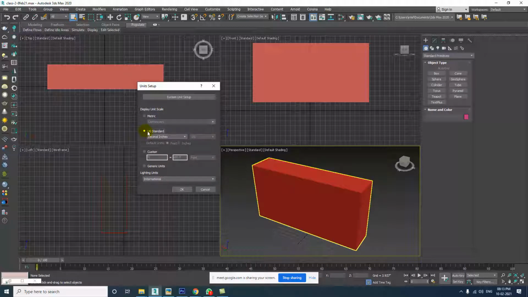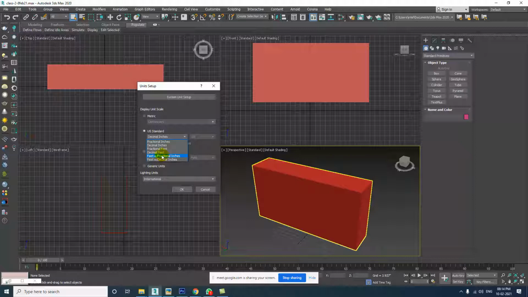Okay, it's divided into two parts. US Standard maybe for international projects, that's how it works, and Metric for domestic, like for India and some other countries. The most common things are over here. Meter and centimeter and millimeters and kilometers are the only ones available. Yes, in India also we use that, but here it is divided like that. Maybe they have some different concept regarding that. So it's like meter, and the second option you see is US Standard. So if you have to work in feet, you have to go to US Standard, and from the drop down menu you will see the feet option is available over here.